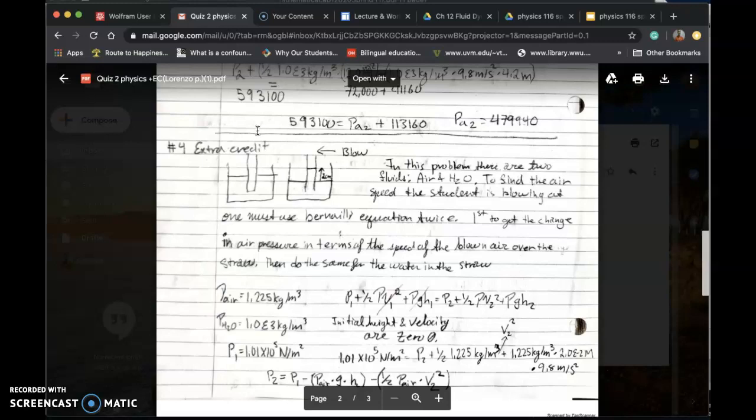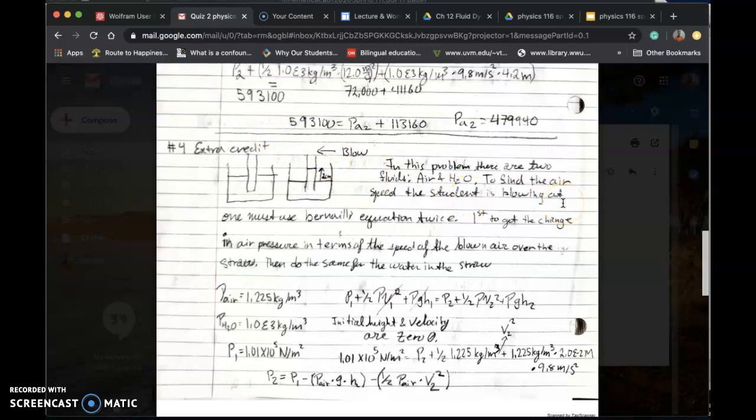So first, we look up the density of air to be 1.225 kilograms per meter cubed. And we already know from our first equation that the density of water is 1.0 E3 kilograms per meter cubed. Now we apply this to Bernoulli's equation, and knowing that the initial height and velocity are 0, we use atmospheric pressure because we're not using anything above or below sea level, 1.01 times 10 to the 5 newtons per meter squared, which is the same as pascals,